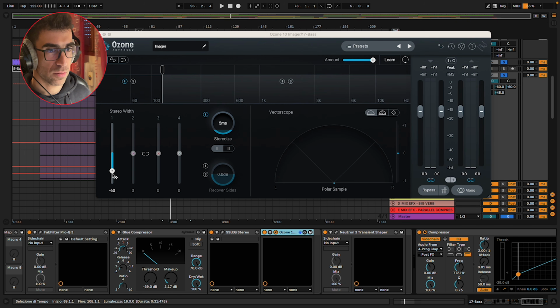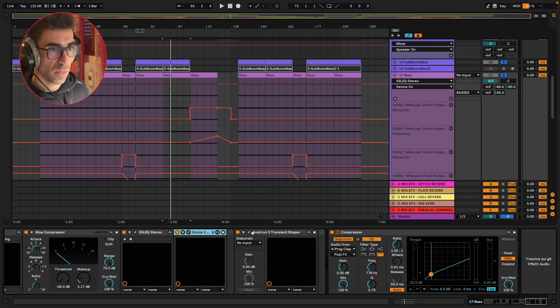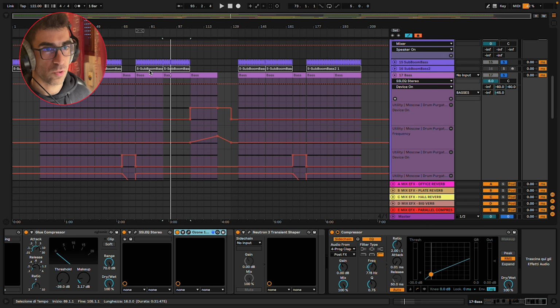E major, just to remove even more side information below 200 Hz. And in this case, I used transient shaper to make this sound fit a little bit more the groove of the track.